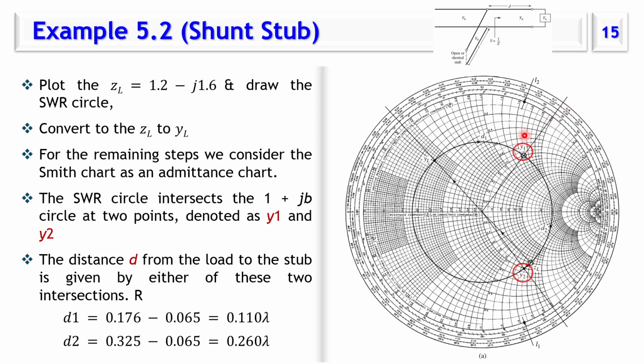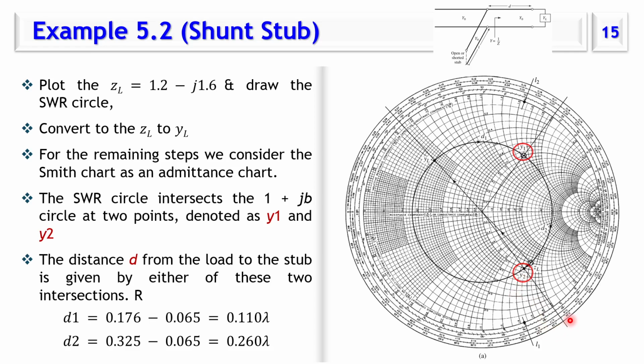So for the D1, we can read here from this point, it's 0.176, and this point is 0.065, so 0.065 down to 0.176. So we can find the value for D1, and we can find the value for D2, which is going to